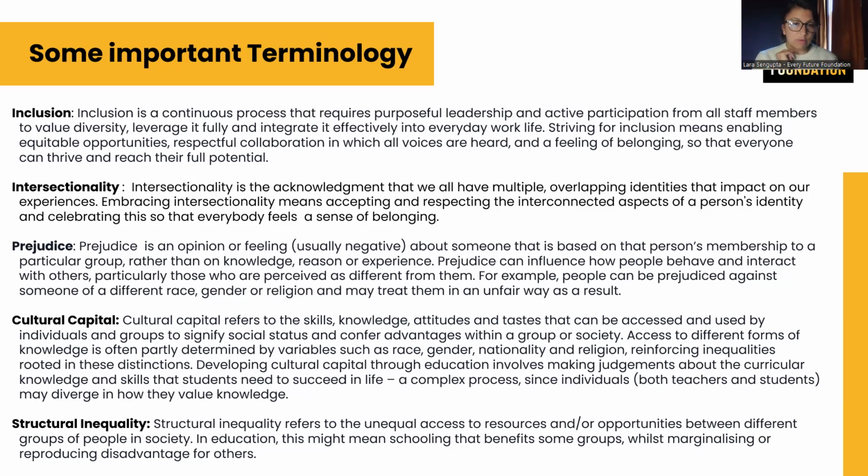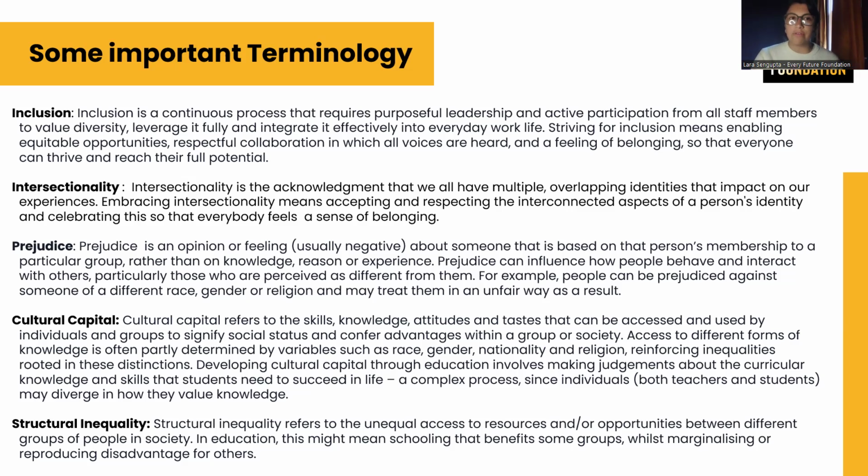Structural inequality refers to the unequal access to resources and opportunities between different groups of people in society. So when we talk about institutional racism or structural racism, it's this structural within systems. In education, this might mean schooling that benefits some groups whilst marginalizing or reproducing disadvantage for others. So within some councils and some boroughs in London, we still have the BAME attainment gap, and that could signify that the education system has been designed with one group in mind